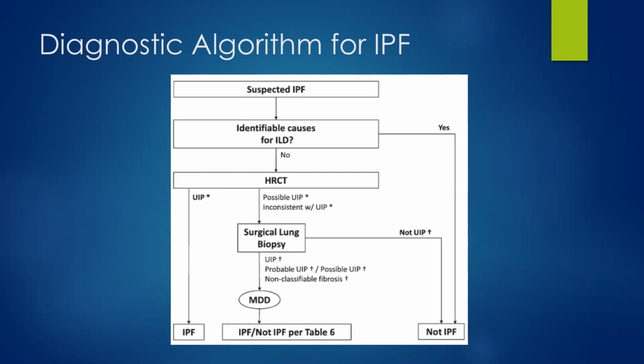Does anybody know, let's say you do a surgical lung biopsy and you biopsy the right lung, and let's say they get worse afterwards. Which lung gets worse after the surgical lung biopsy? So it's actually the left. And do you know why? I used to know why. How do you do a surgical lung biopsy? You're collapsing the right lung to do the biopsy, so you're depending on the left.